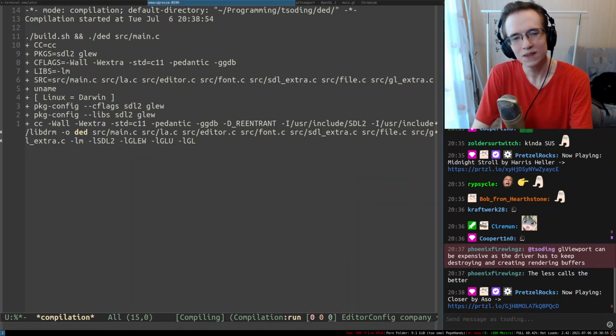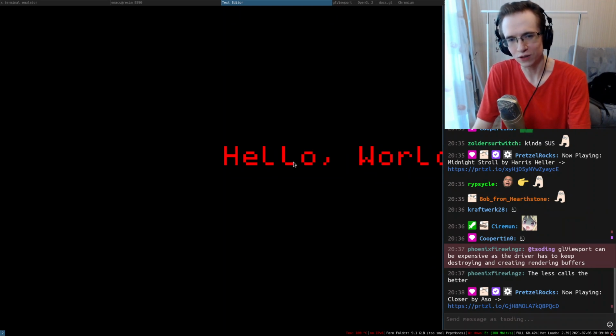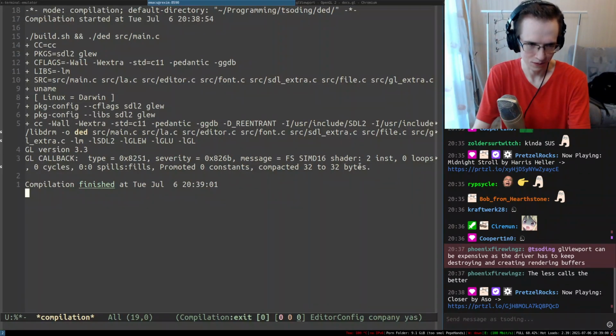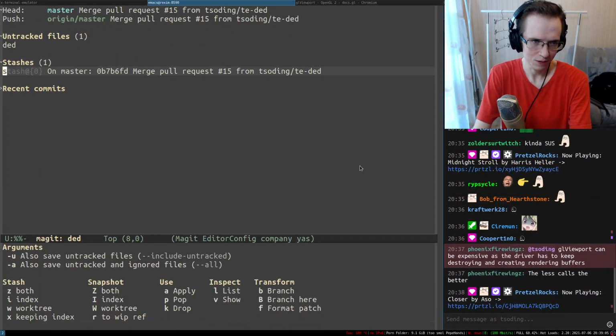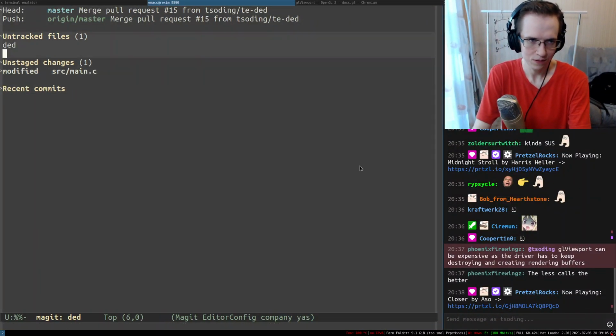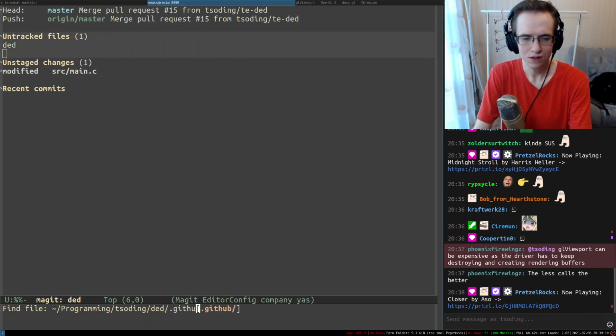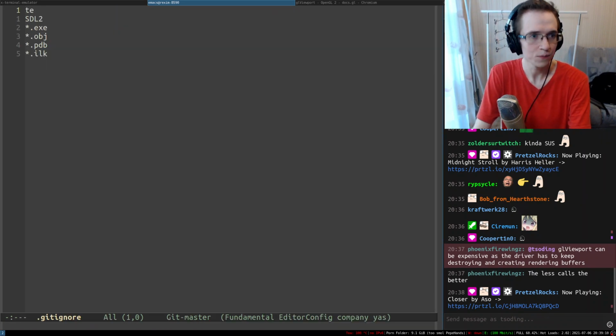All right. So, as you can see, proportions are not particularly correct. So let me unstash my changes. I also probably need to update git ignore, right?